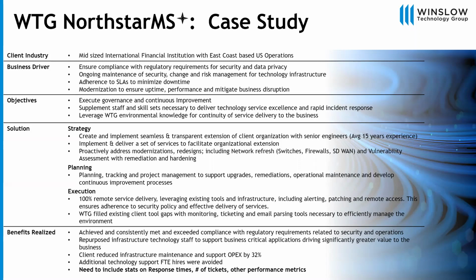Some of their higher level objectives were making sure they're executing on governance and continuous improvement, supplementing their staff with skills necessary to deliver excellent technical outcomes and provide incident response. Also to leverage our knowledge of continued service delivery to their organization. Our solution came to 3 core areas, and this is all covered under the NorthstarMS or NorthStar Managed Services